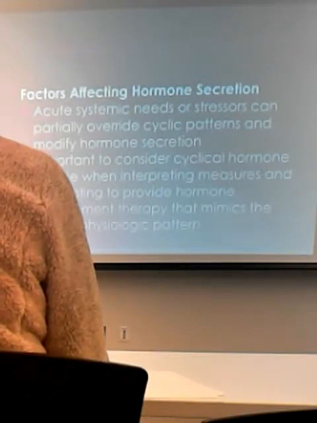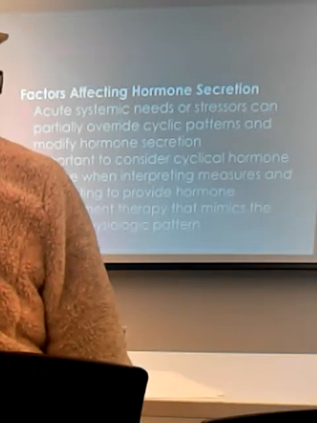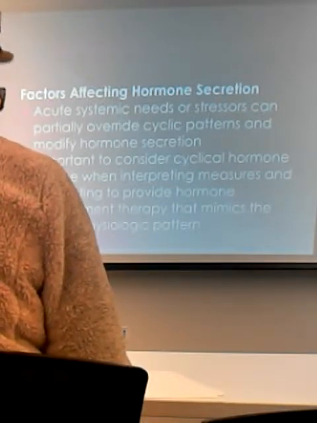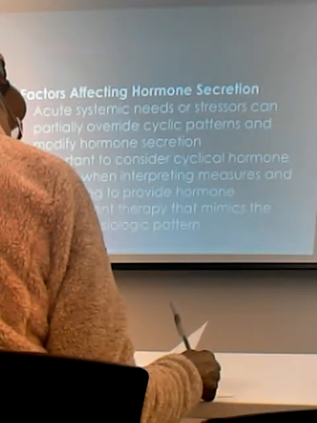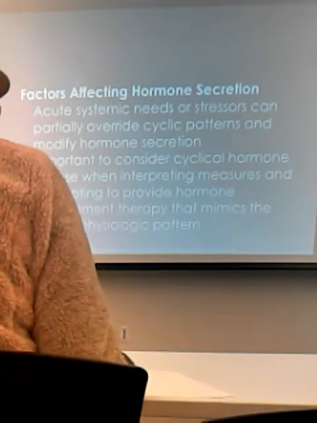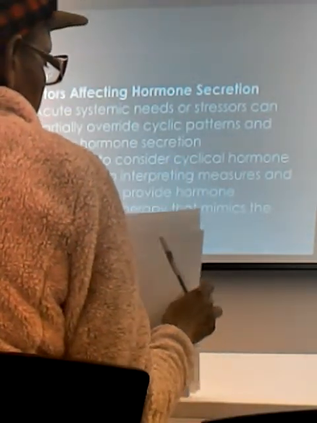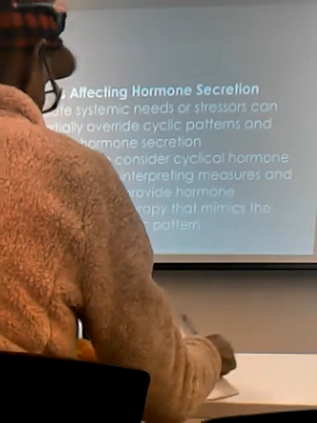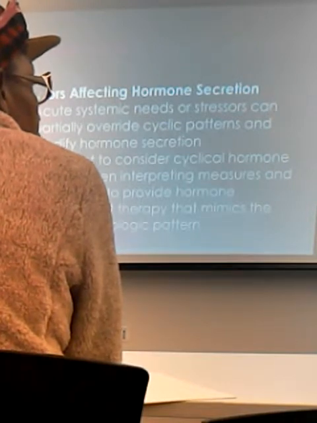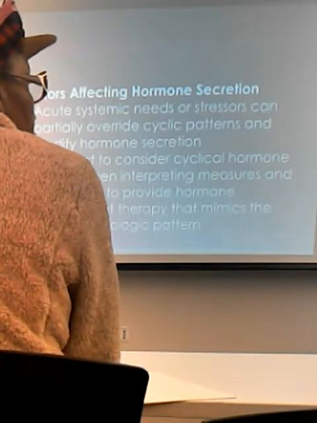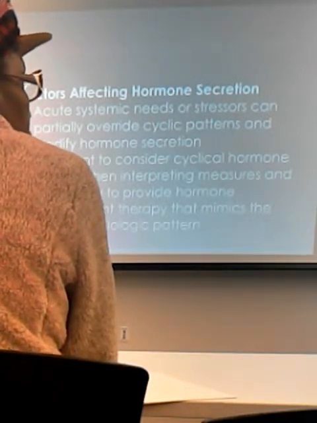Oh yeah, so we'll talk about growth hormone. If you give a patient who has a hormone deficiency or needs hormone supplementation a hormone at a time when it's not normally made and released in the normal cyclical process, then you're actually doing nothing for the patient. So if you give growth hormone to a patient at like 3 in the afternoon, they're wasting their time. It'll do almost nothing. Does that make sense to you guys? You have to simulate the physiological pattern of release to do hormone supplementation.